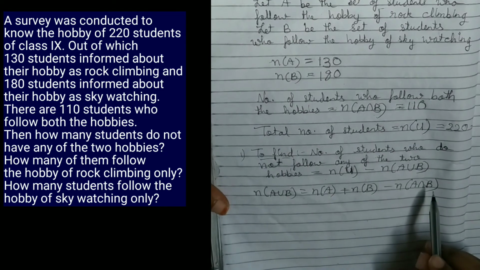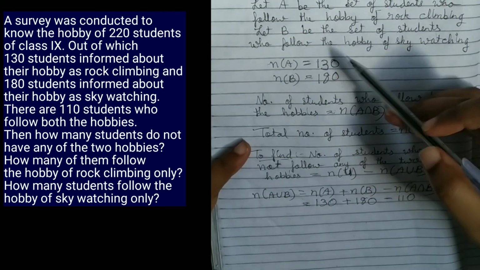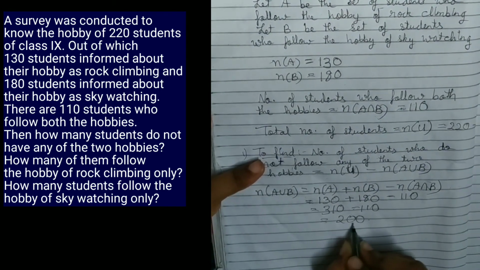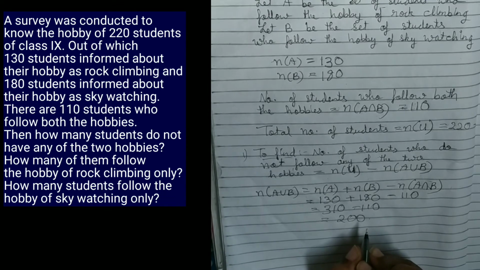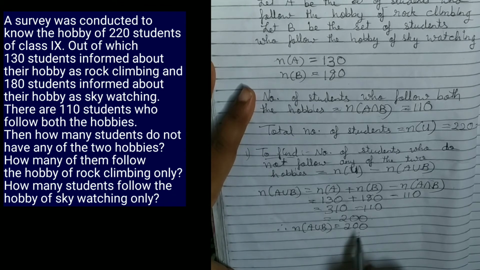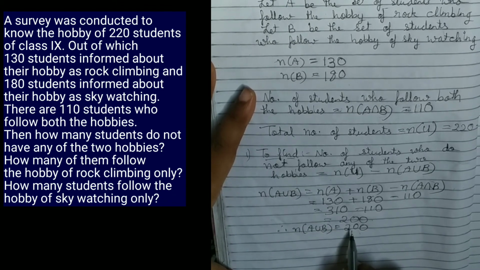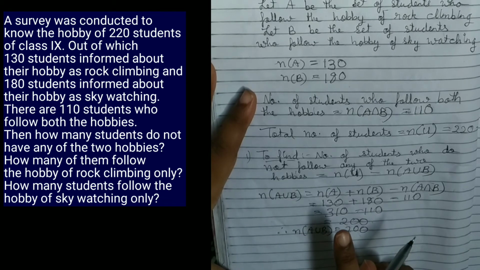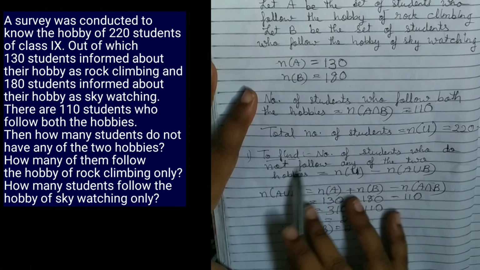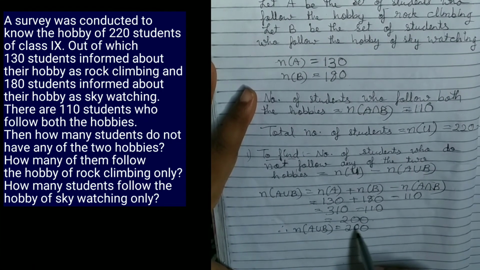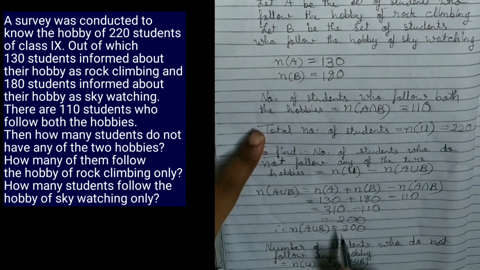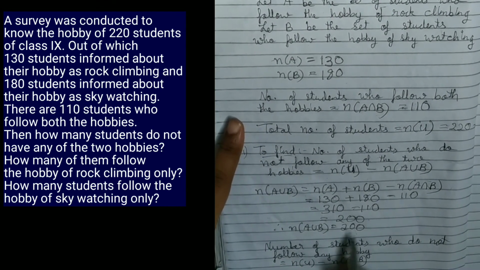Okay, we will write the formula. We have substituted the values from the question, whatever is given. So these 200 students have at least one of the hobbies. Number of elements in A union B is 200. Any one hobby they have. So to find the number of students who do not have any hobby, we will subtract this 200 from the universal set. So we will find number of elements in U minus number of elements in A union B.